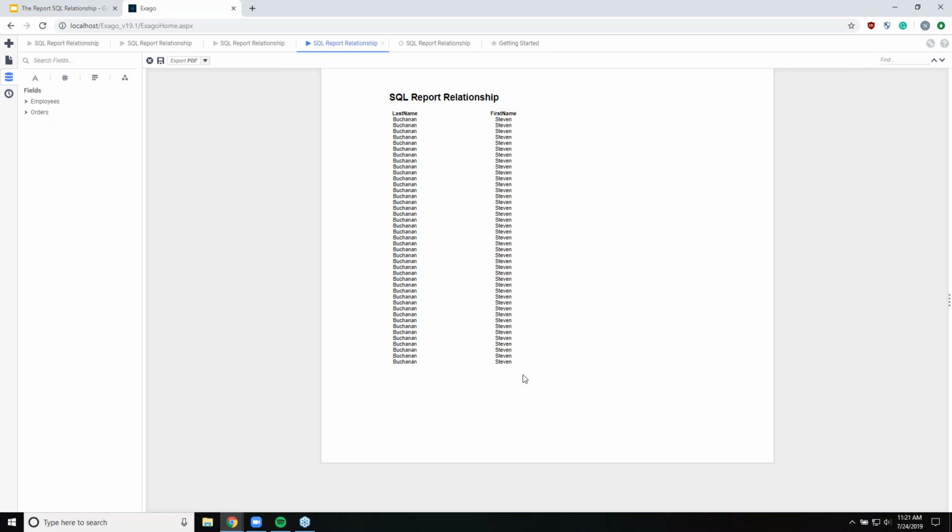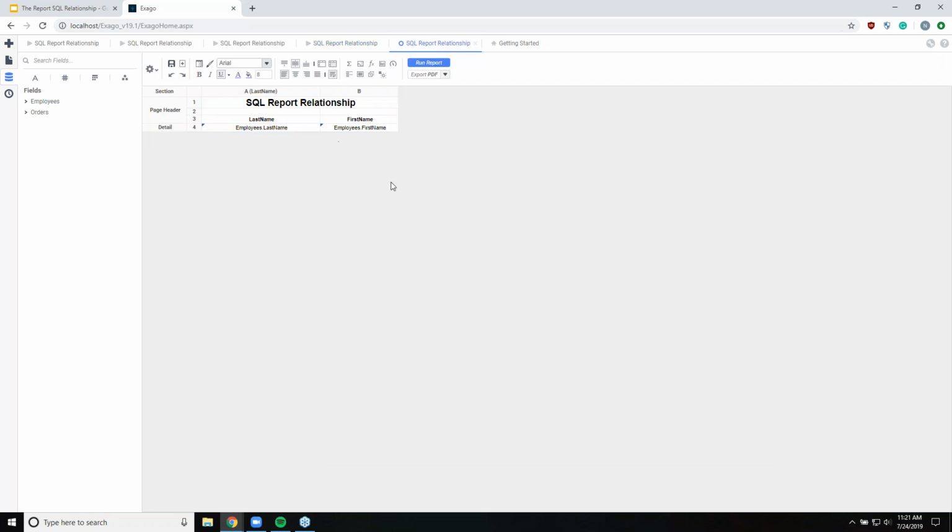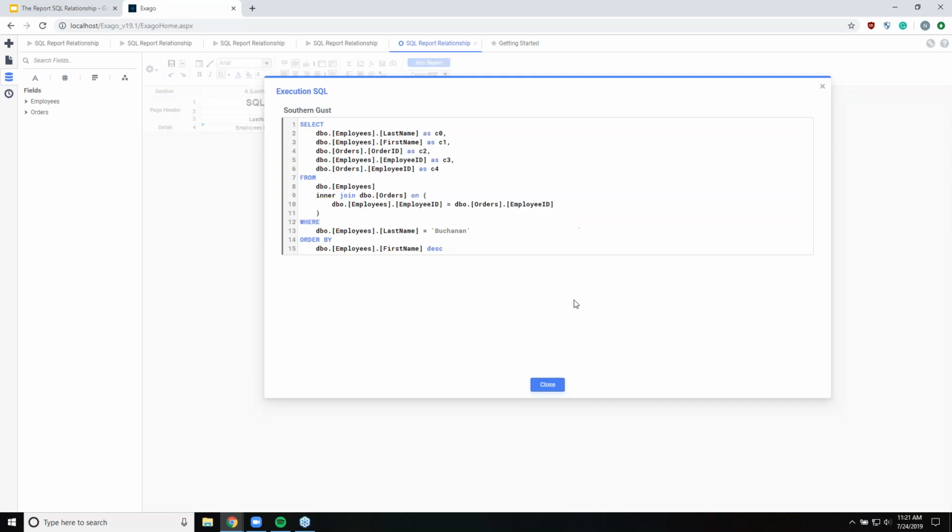As a small shout out, we actually do have a lab all about repeated information that you can check out for a little bit more of an in-depth discussion about situations just like this one. But in this case, the answer as to why we saw those repeated records lies in the SQL itself. If we go down into the advanced generated SQL here,